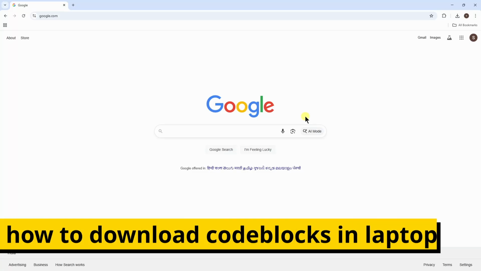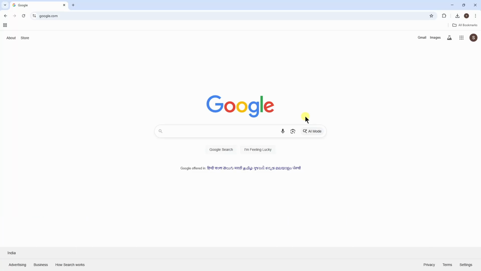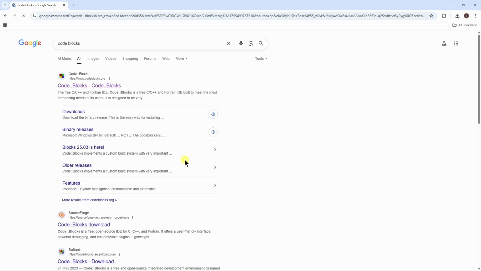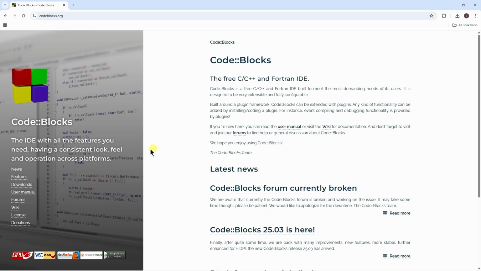In this quick video, I'm gonna show you how to download CodeBlocks on a laptop or PC. First of all, open any browser on your laptop and then search here CodeBlocks like so. Then open the first website, which is from CodeBlocks, and when you open this website, click on downloads from this